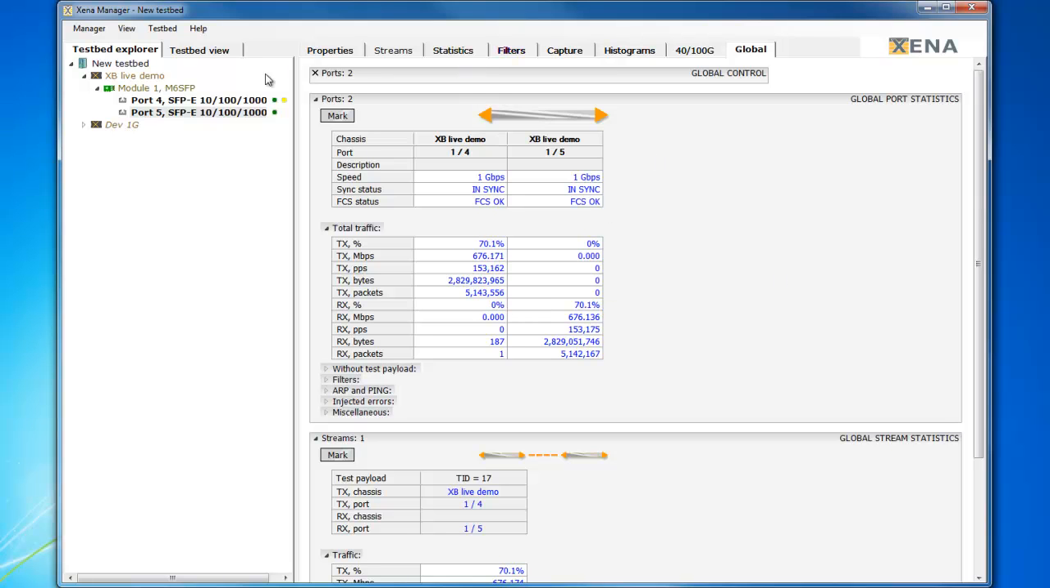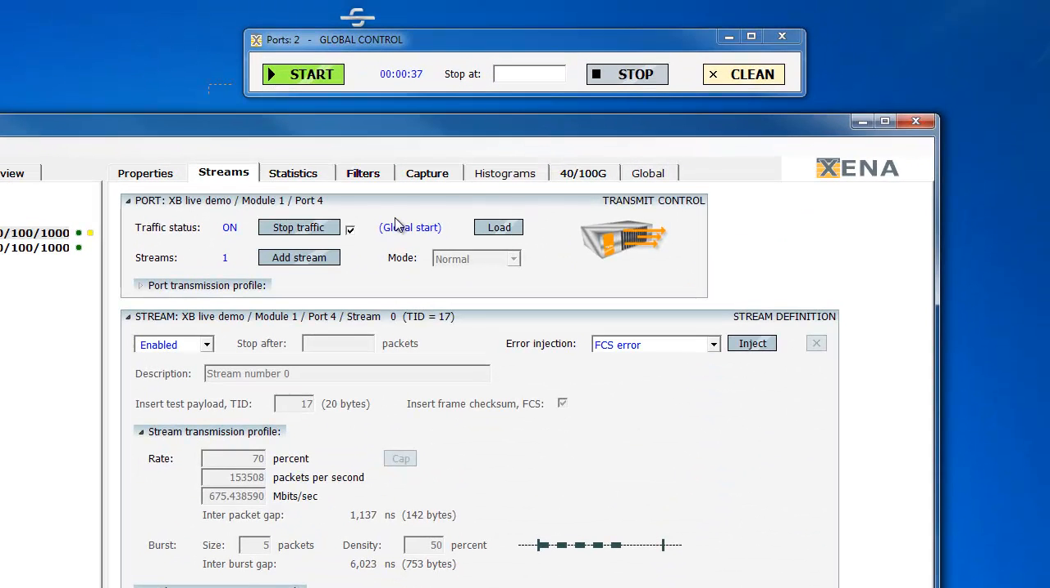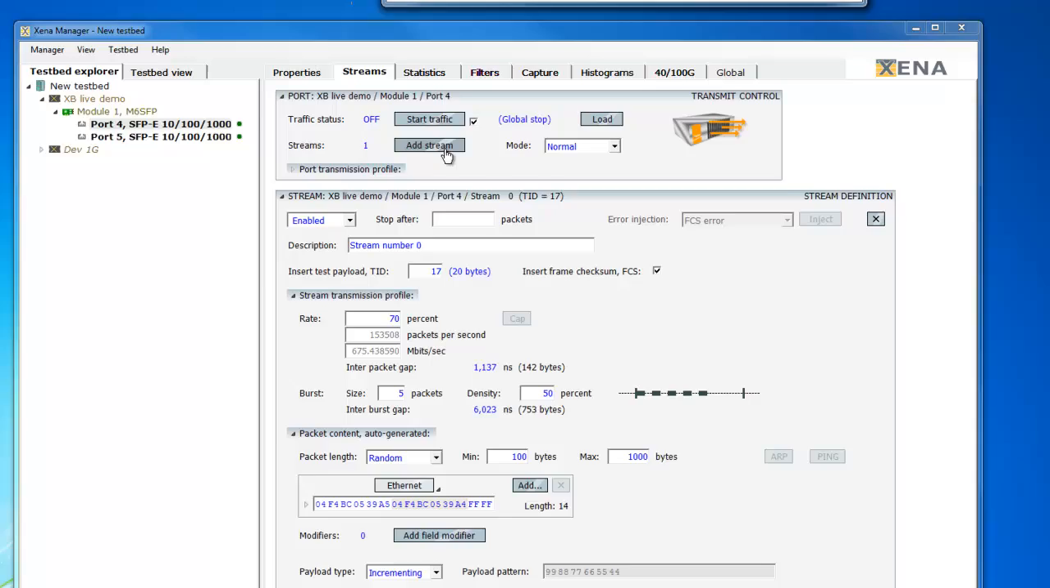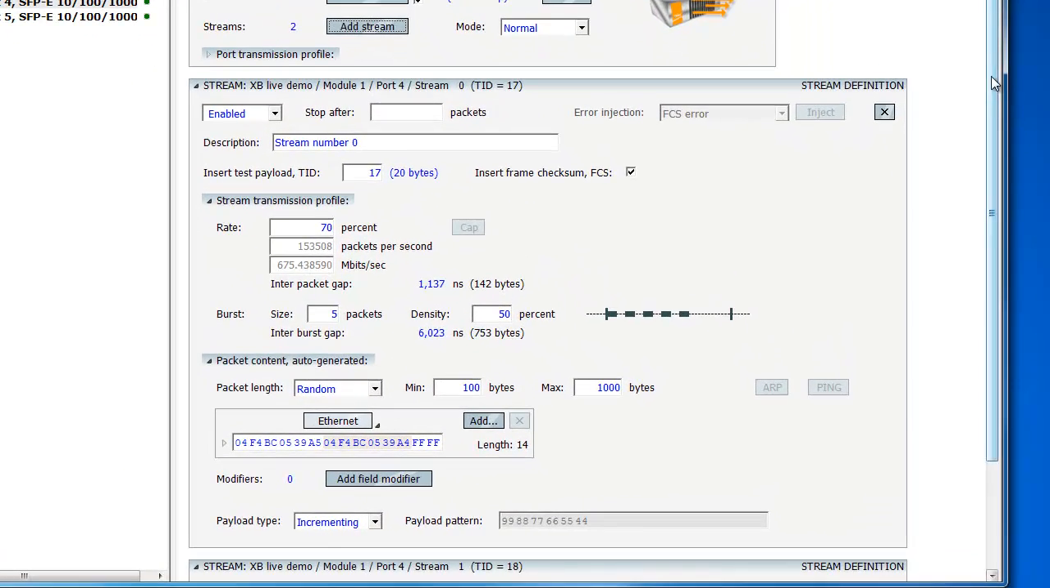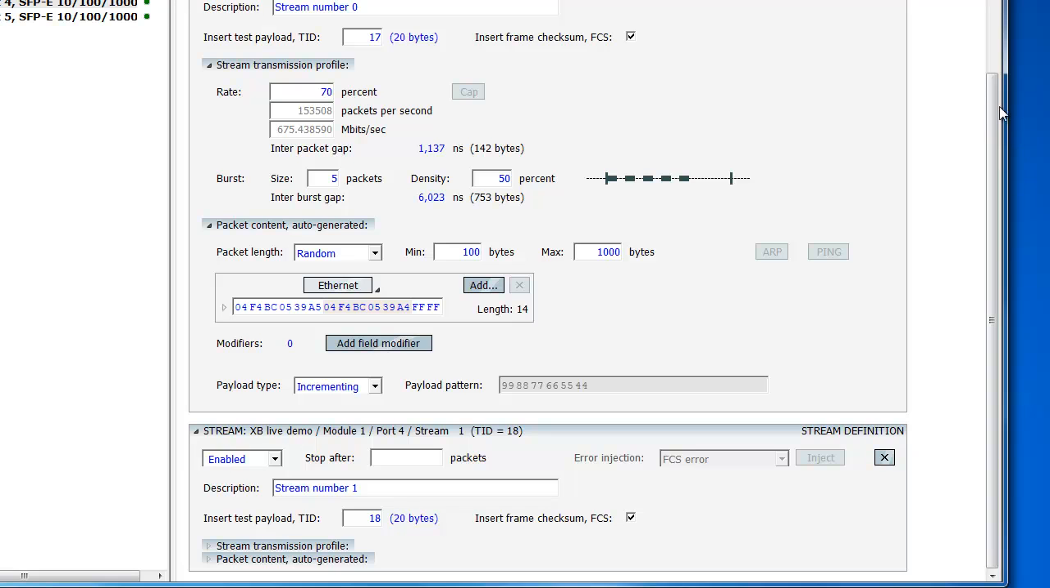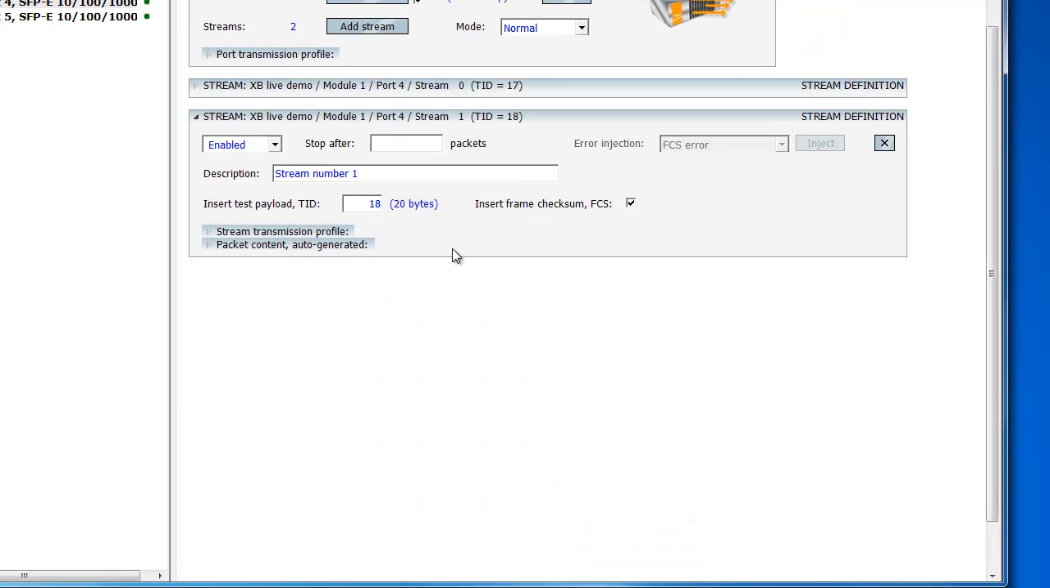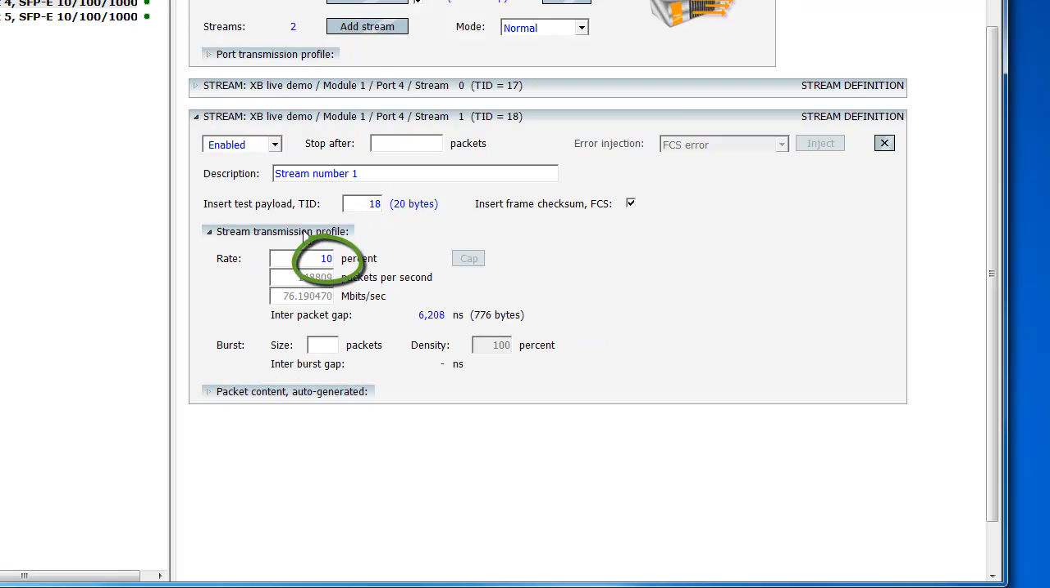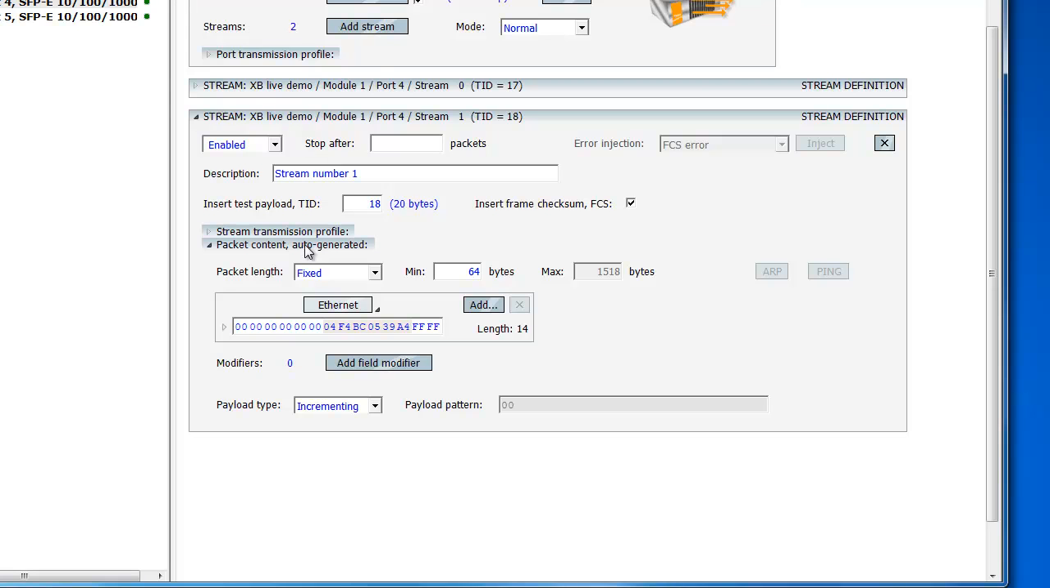So let's go back to the streams on port 4, stop the traffic, and add a stream or two that are a little more complex. We'll minimize the stream we have already, and we'll click the button to add a new stream. The stream ID of 18 is fine, and we're also okay with 10% of the bandwidth. So let's go down to the packet content and say we want fixed size packets of 500 bytes, and now